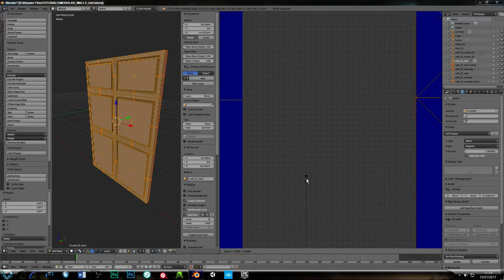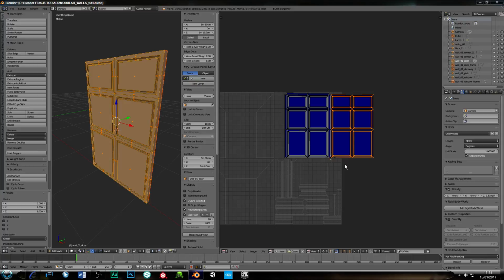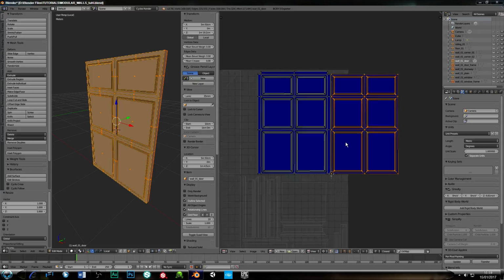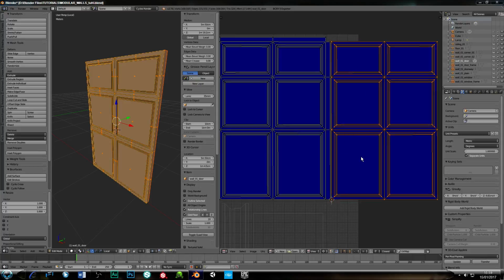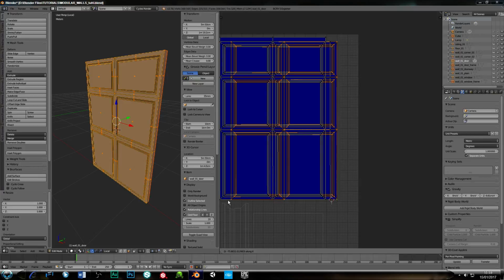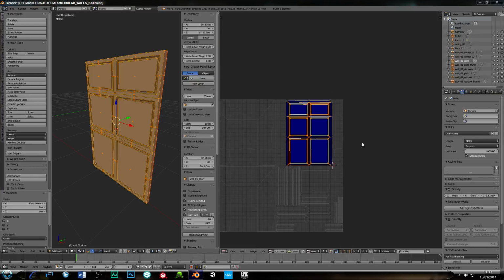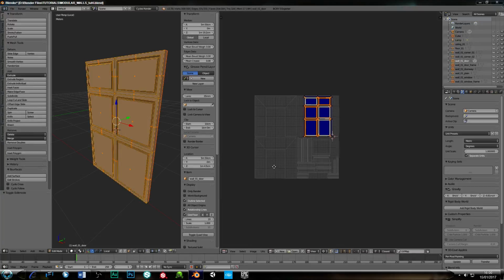So if we scale, and that's good. Okay. So now we just need to move it across until it snaps. So if we grab along the X until we get to there. Okay. And then we have our unwrap. Now we can check everything